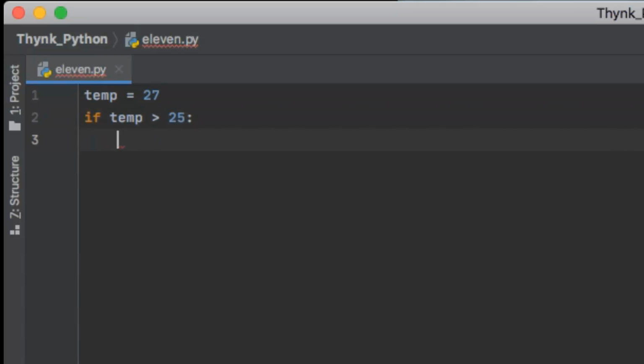Now please notice the indentation here. The moment we've hit enter, the cursor has not gone to the starting of line 3, but it is a bit shifted by a tab. So whatever you write in this will form the part of the if condition. Now what I want to tell Python to do is, if temp is greater than 25, I want this message to be printed at the output.